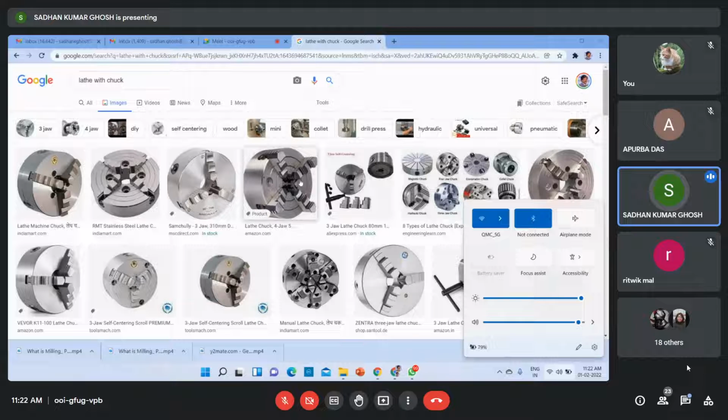It can be 4 jaws, it can be 3 jaws. 3 jaws can automatically come to the center, and with 4 jaws you have to set the center. So fix the job here with a protrusion of some portion of the job beyond the chuck, and then you start rotating the chuck.